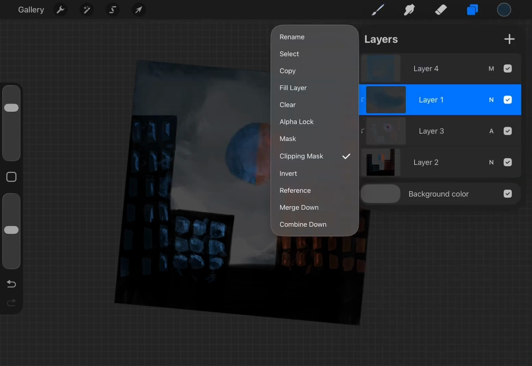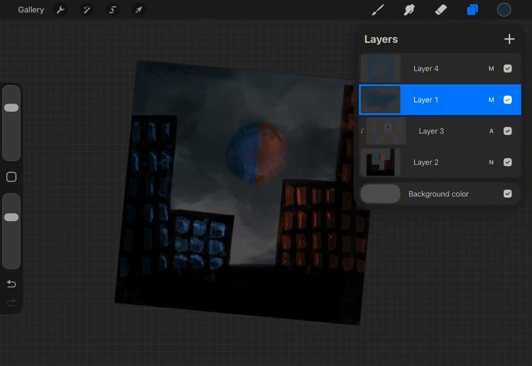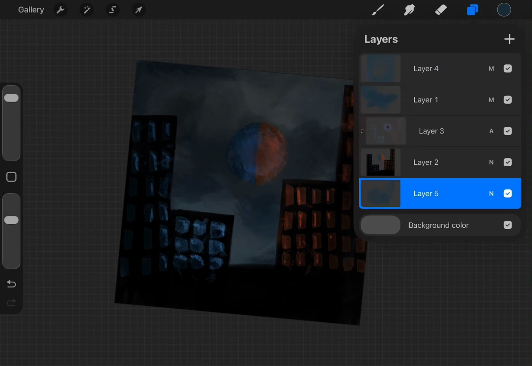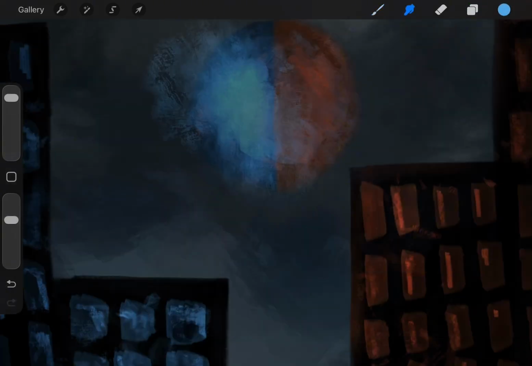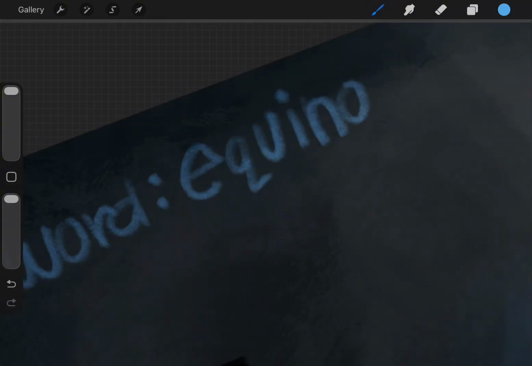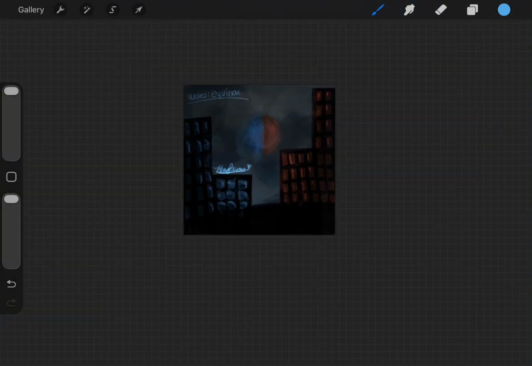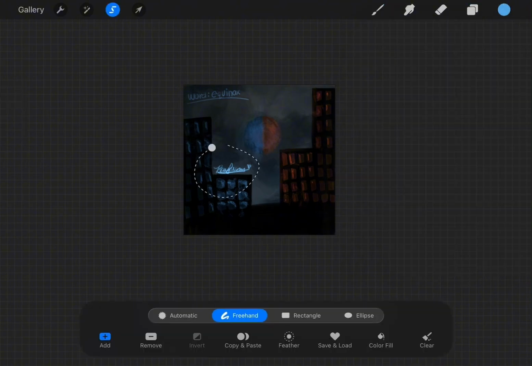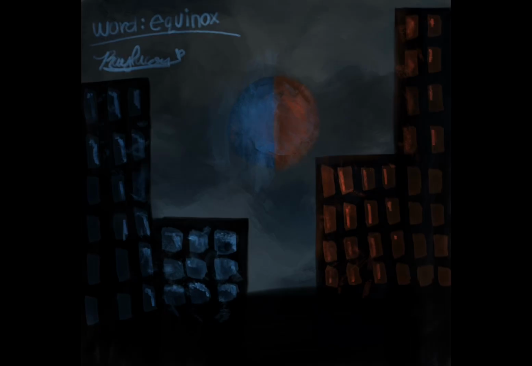The word is broken down into 2 parts, equa and nox. Equa means equal and nox means night. It means like the day, specifically the night, is the same length as the day. So yeah, that's the word. I hope you liked this art, and then we're on to the next one.